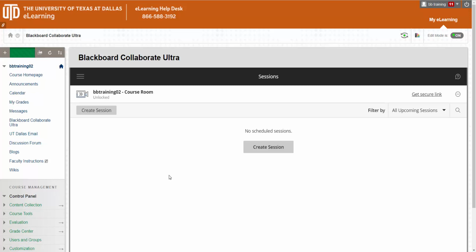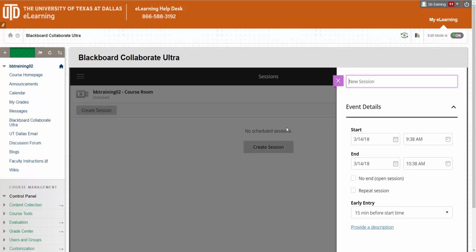And once my Blackboard Collaborate Ultra page appears, I'll need to select the Create Session button. Keep in mind, the Create Session button appears twice because I have not created a session in the course before. So when I select Create Session, I'll need to fill out information in the right-hand column. Starting with the first field, I'll need to type in the name,